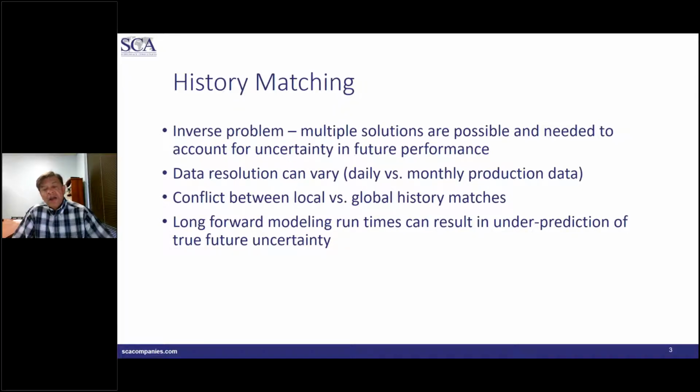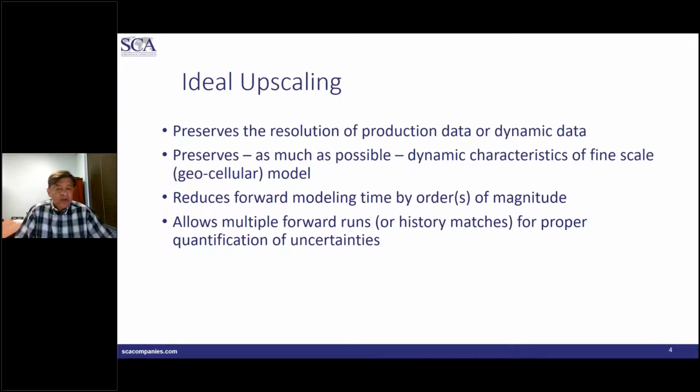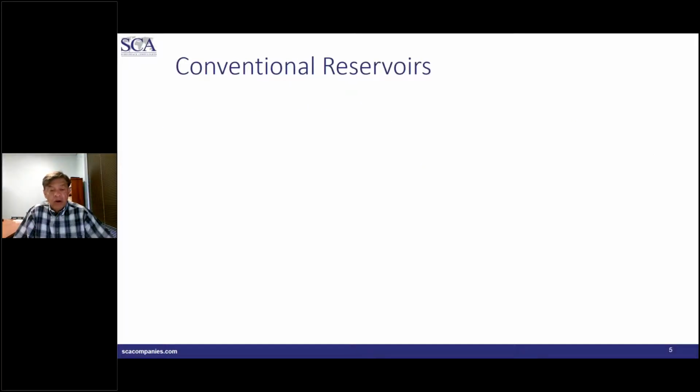So one biggest advantage of upscaling is that if you can reduce the amount of time it takes to do history matching, you can then better quantify the uncertainties in the future performance. So what is an ideal upscaling? Ideal upscaling is the one which preserves the resolution of production data